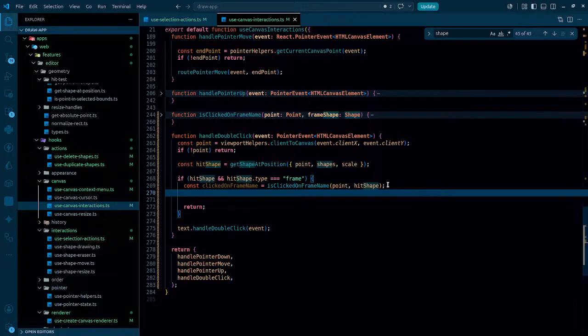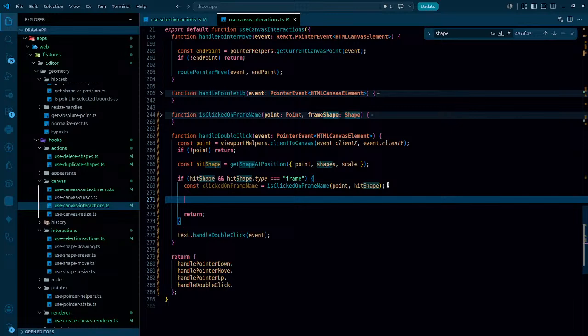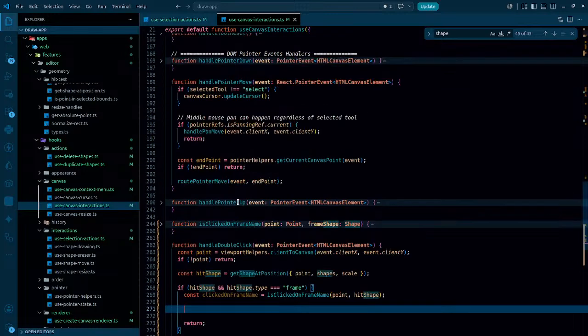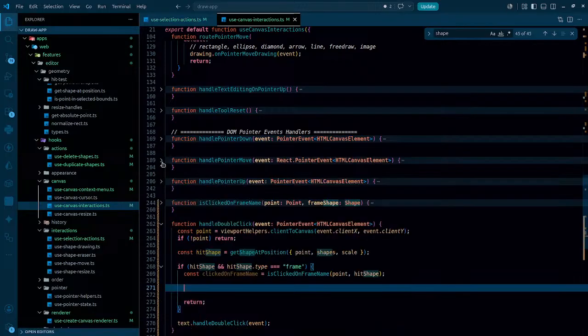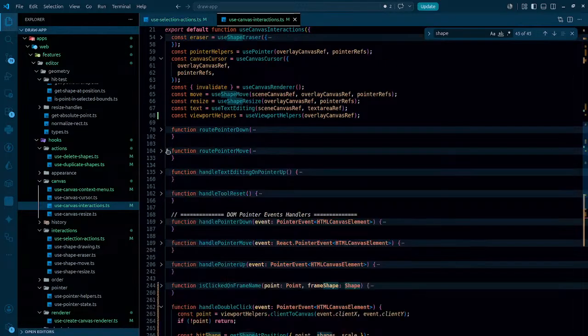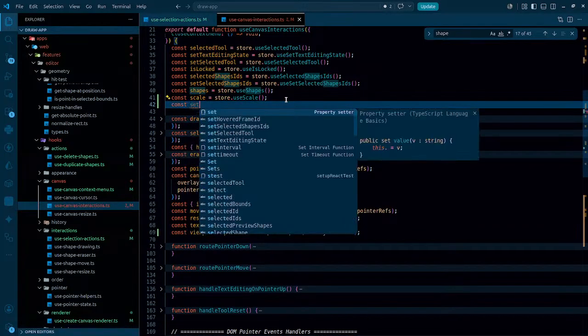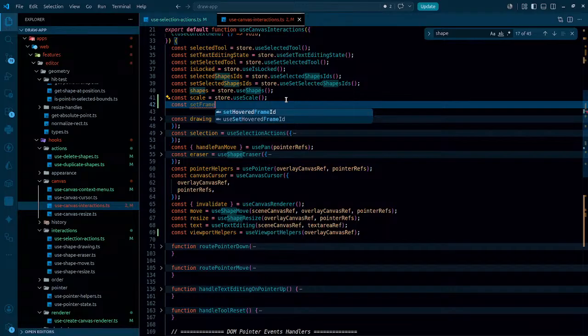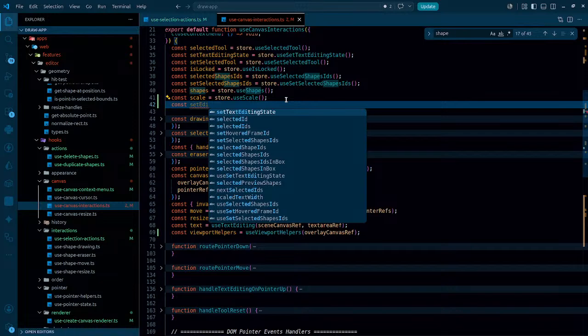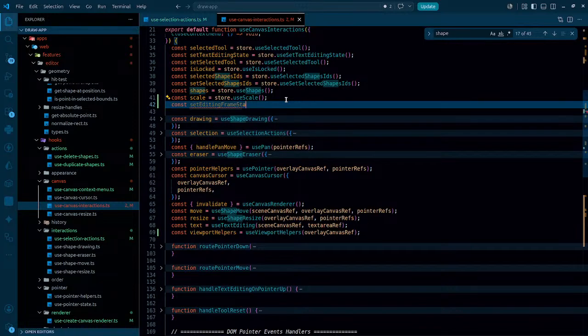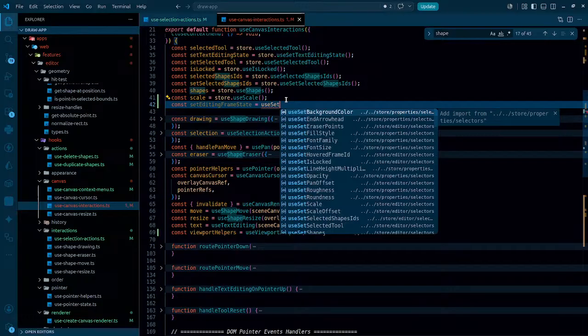If I clicked on frame name, and I double clicked on that, in that case set frame, set forward frame or something else, set frame editing state, set editing